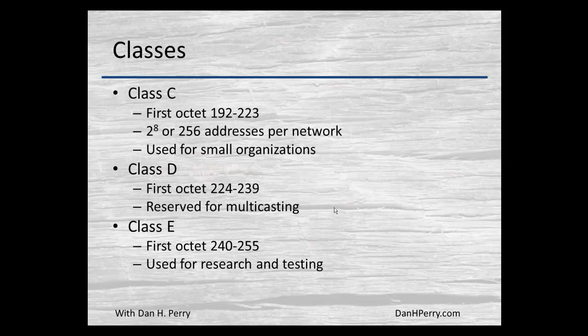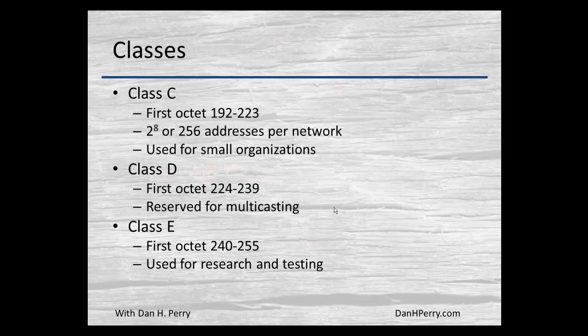The Class C address, which is the smallest class that's used for public addresses, or addresses that computers use typically on the internet, has a value in the first octet of 192 to 223. The first 24 bits are used for the network, leaving only 8 bits for the host or the machine addresses, giving us 256 IP addresses per each network. And these were assigned to small organizations, small companies. Sometimes a little larger company may be given 2 or 3 or 4